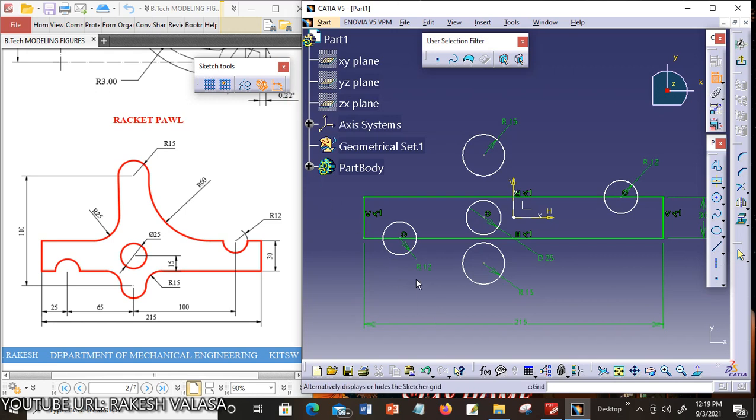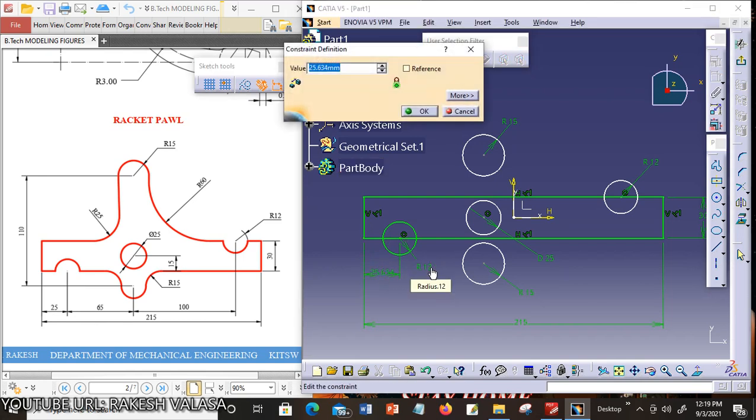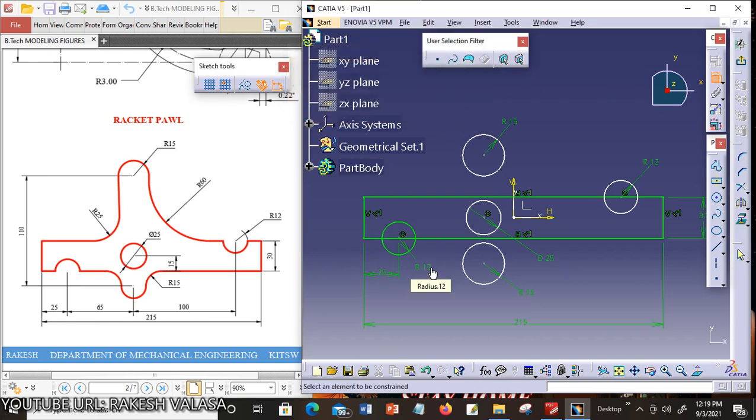Now again give the constraint for this circle from this left point. The distance is 25 mm. Choose this point and this center point, drag below. The distance is 25. Now the circle is fully constrained.